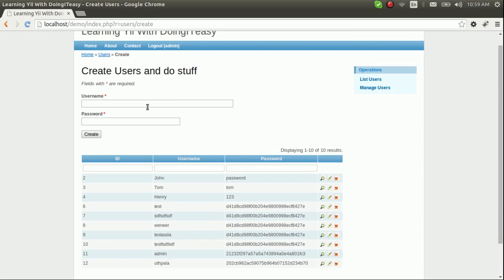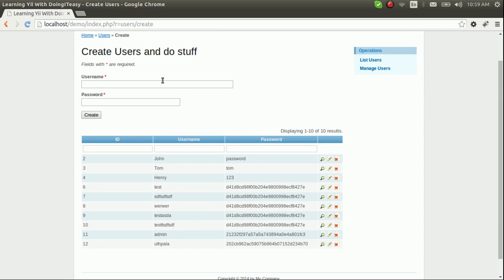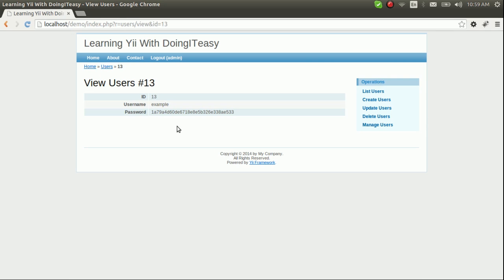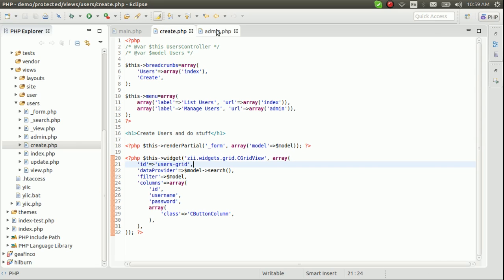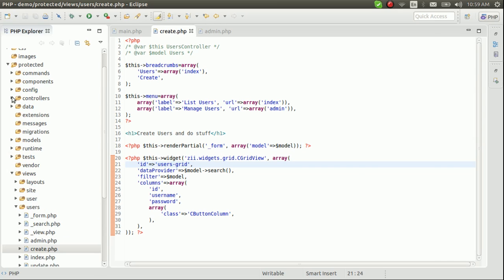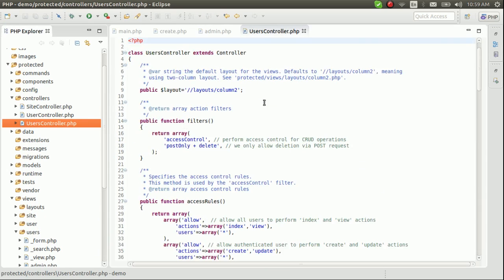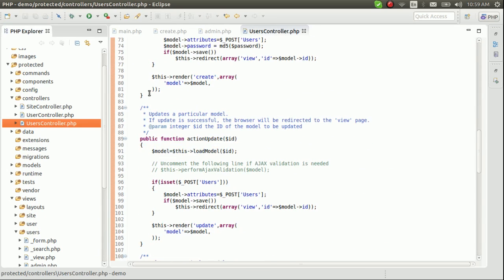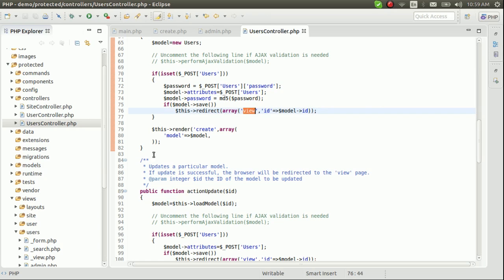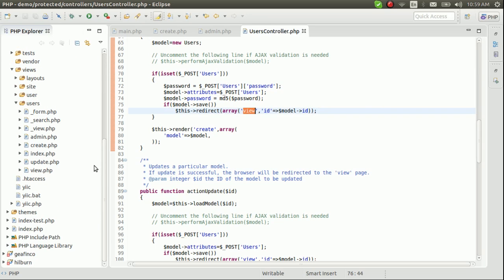Okay, now let's add another user, for example, and we create. Oh, now we added the create. Now what we want to do is not redirect to here. We are redirecting from the action. So go to the controller, users controller, action create. See, we are redirecting to the views file here. We don't want to do that. We want to go back to the create file,